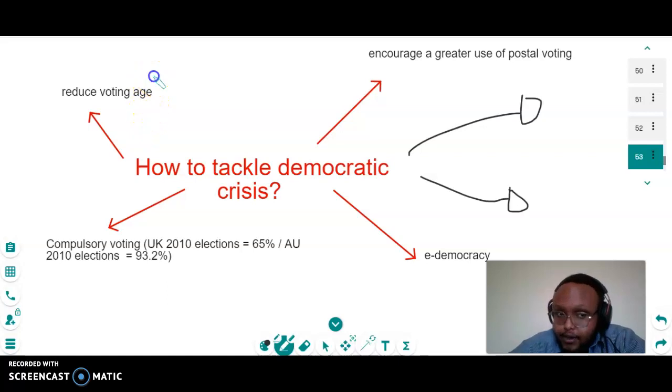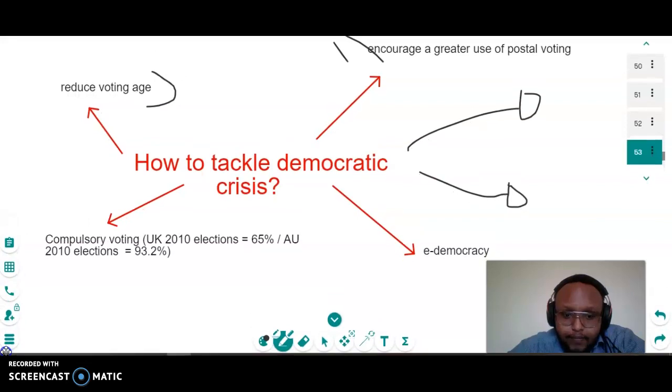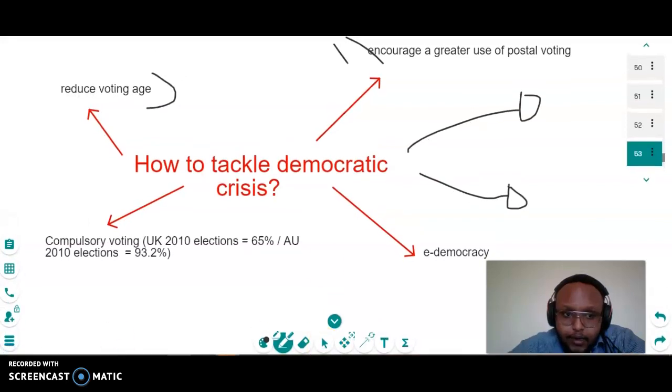So one key feature is that democracy, as we know it now, is seeing reduced levels of participation. So these three ways are great for increasing participation. So reducing the voting age